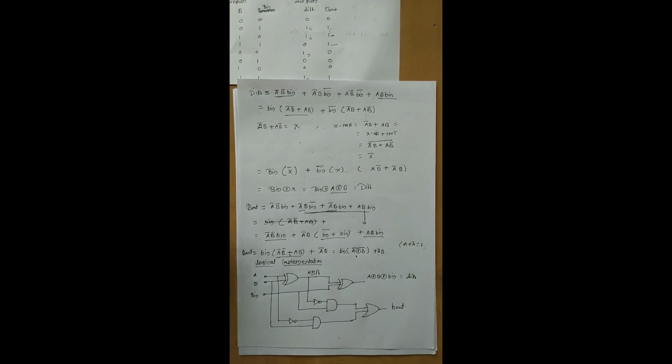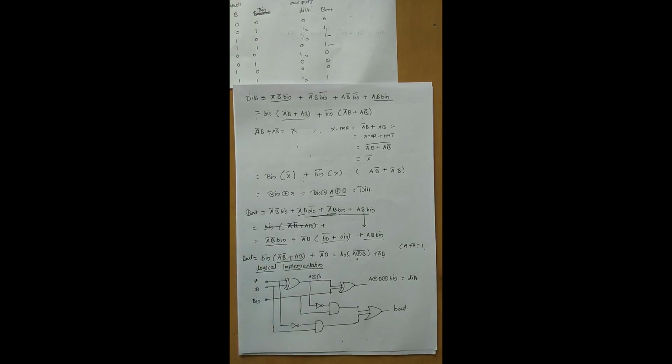B out. Okay, this is all about the subtractor with two types, half subtractor and full subtractor, in which we went through the simple explanation statement, then the block diagram, as well as the truth table and Boolean expressions. And with the help of the Boolean expression, we drew the logic diagram.